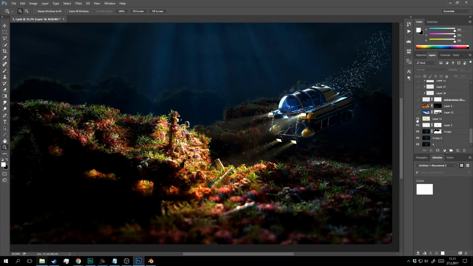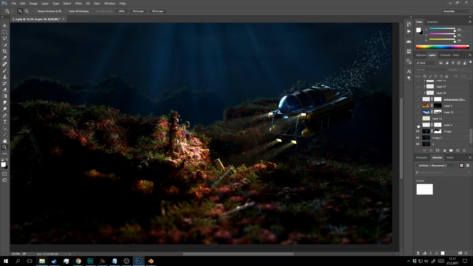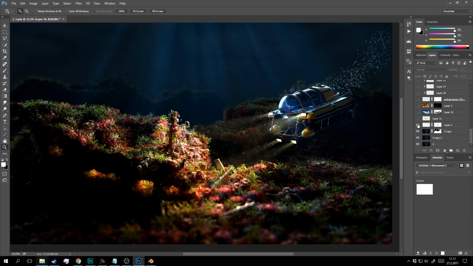And another layer which changes some colors and a little bit more highlight for the area I wanted to have more highlight.